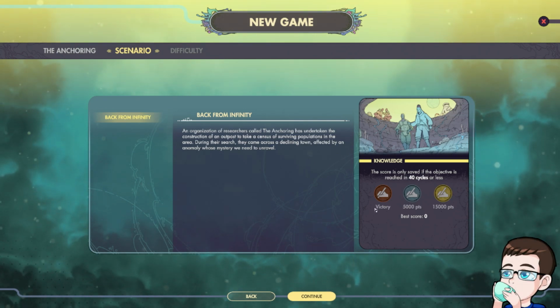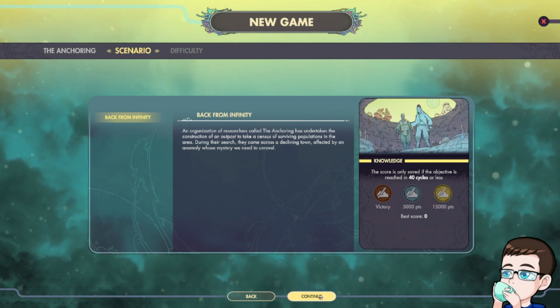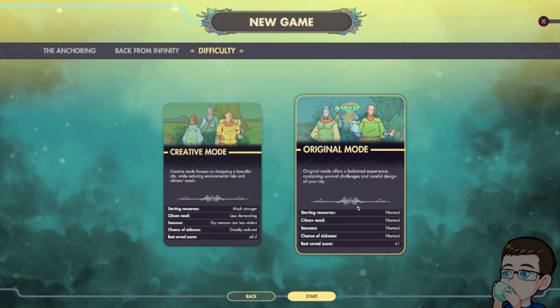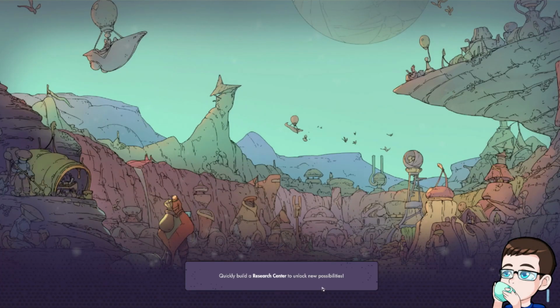So to get victory, there's bronze, silver, okay, and 40 cycles or less. Let's just go with original mode. Yep. And I also need to turn on the fan. It's getting rather...